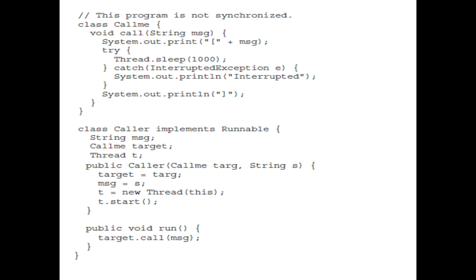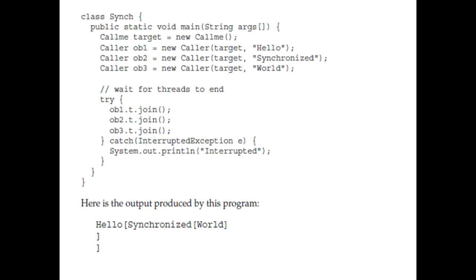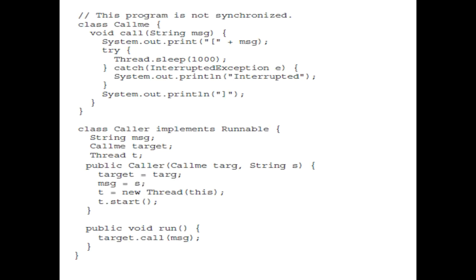One is CallMe, another is Caller, and the third is Synchronization. In CallMe, we have written one method called call, which takes one parameter of type String. In this method, whatever the output of the program is, we want to display it within a pair of square brackets.